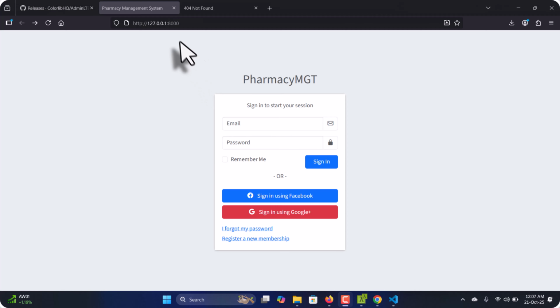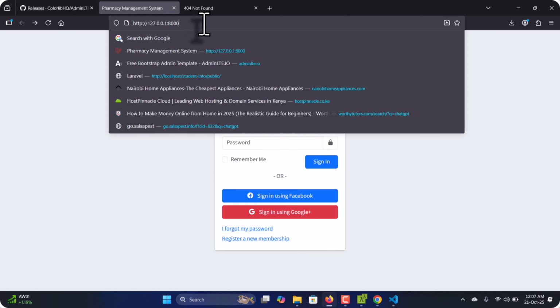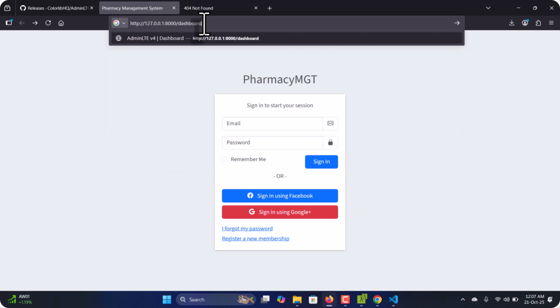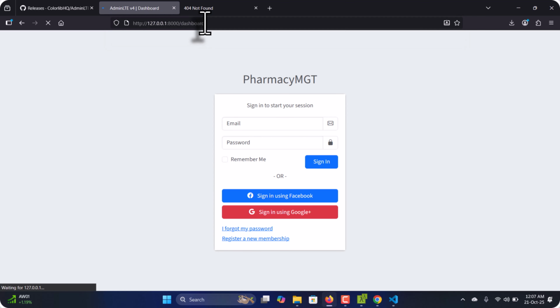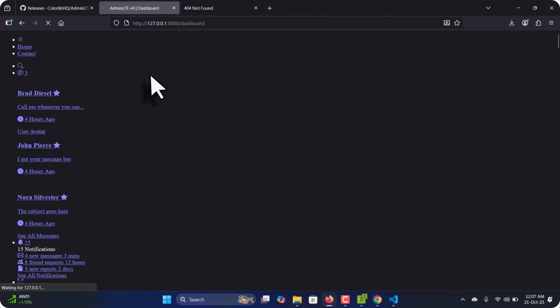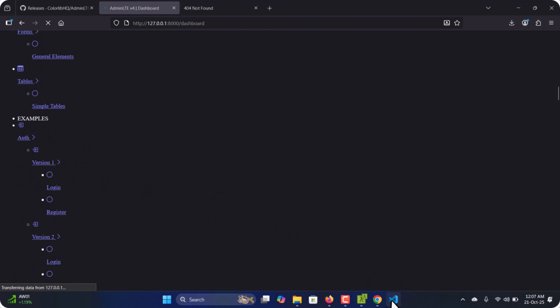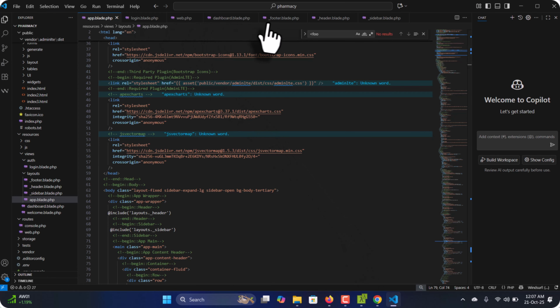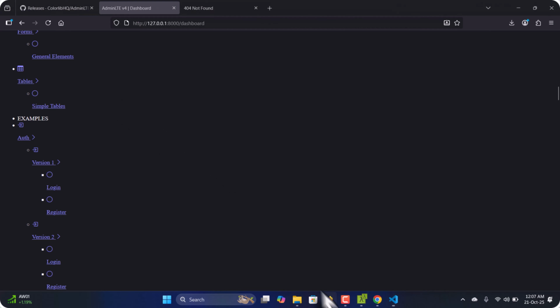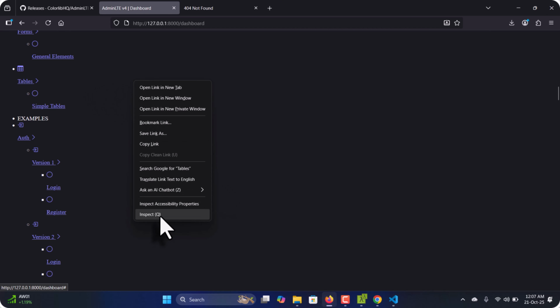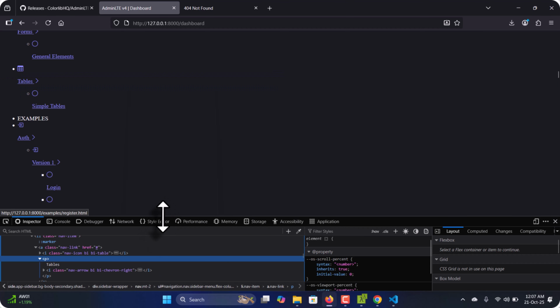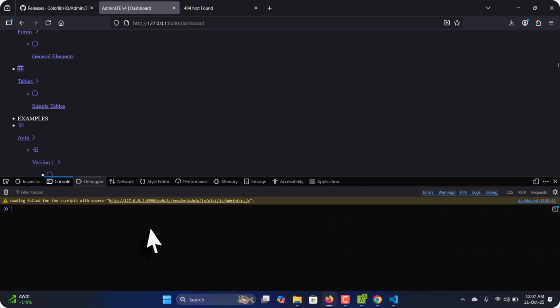So you come back to app file. Yes, so you just use the same logic which I showed you. That's the reason why I'm intentionally doing that, so that you learn how to troubleshoot. So you can see there is a problem with our JavaScript. So we will come to our app where we stored our scripts. So it is here, and then come to this local based storage and simply remove this